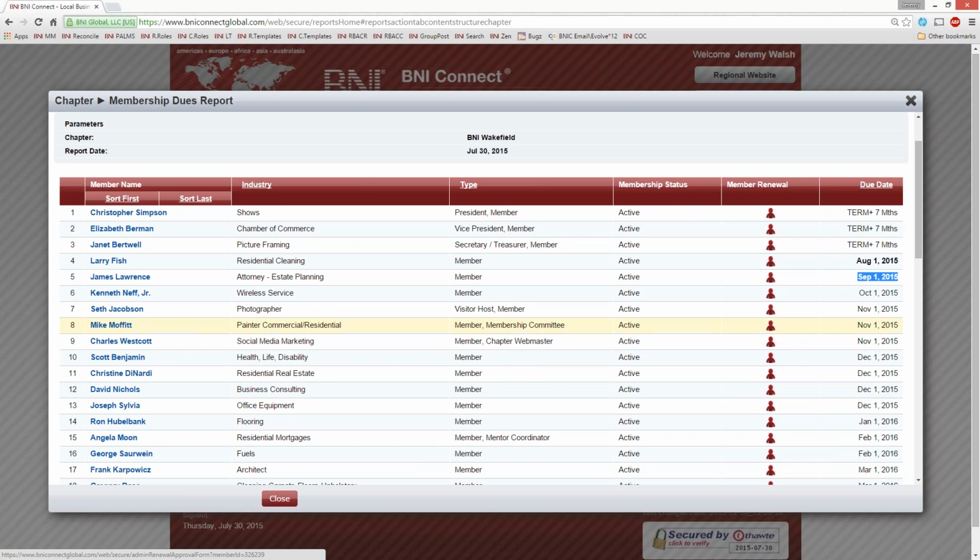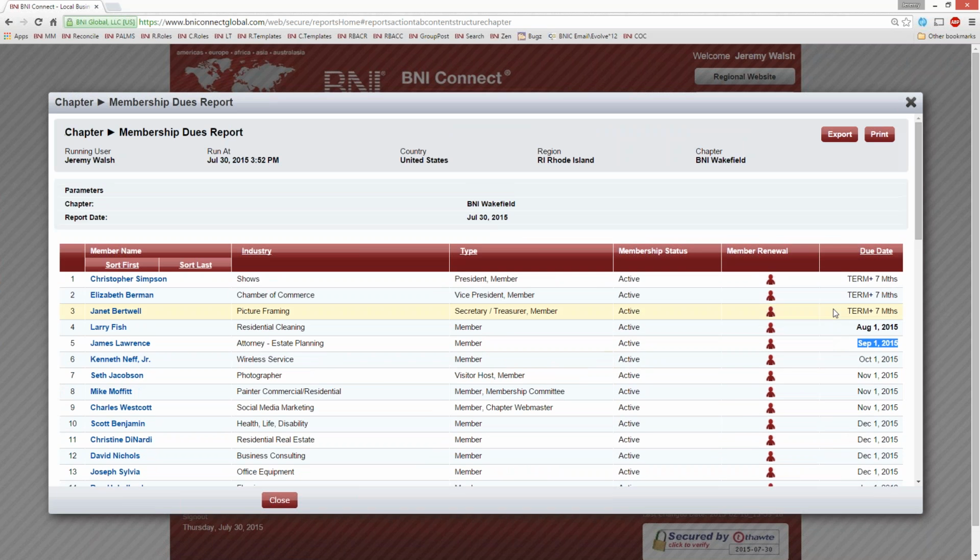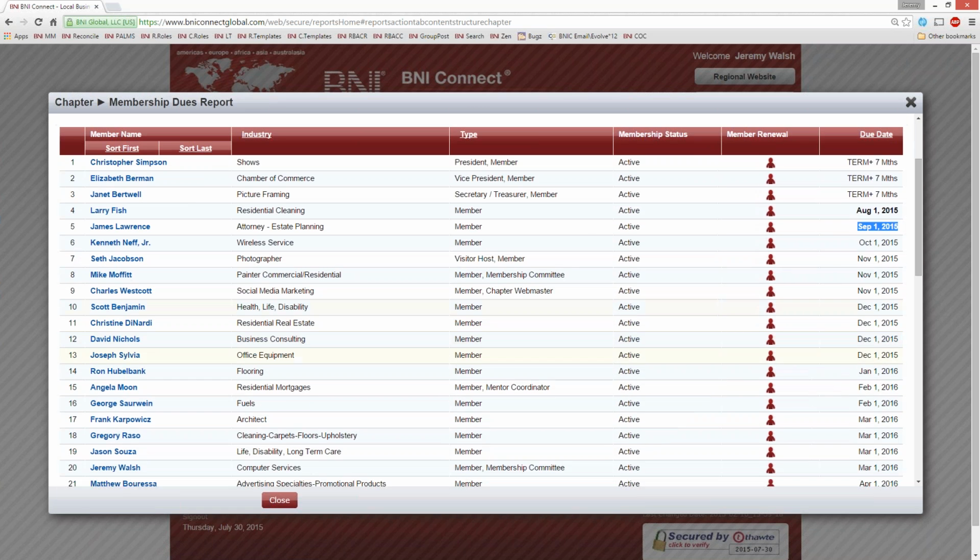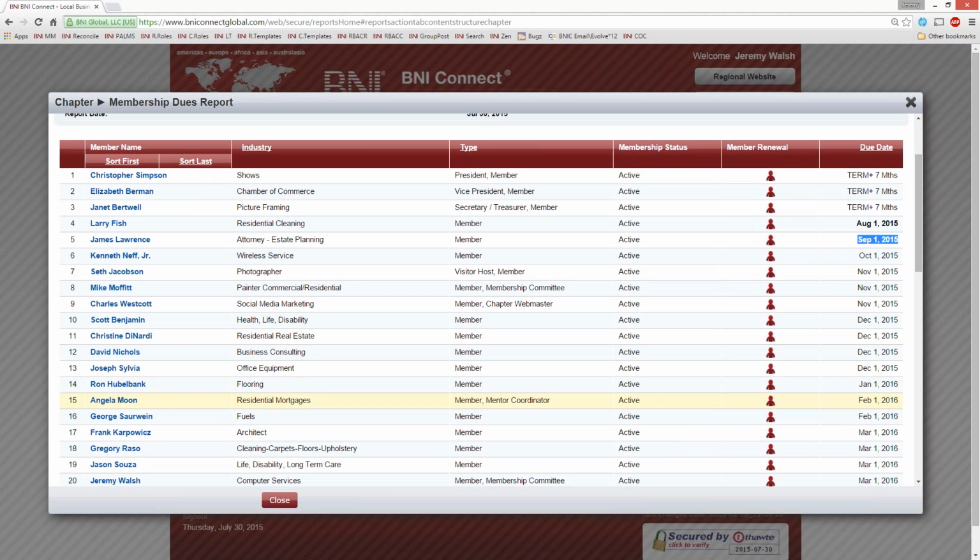But the hidden element of this is really that you should be reviewing people that are due in 6 months. So, 6 months from now is February of next year. And it's these people that are due in January and February and even March. Those are the people that we want to be reviewing. And the reason for that is when it comes to keeping people in the chapter, if I review somebody as they're turning in their renewal application,